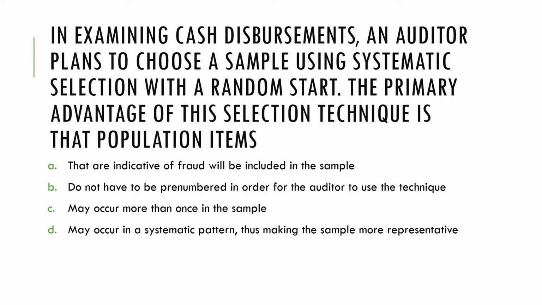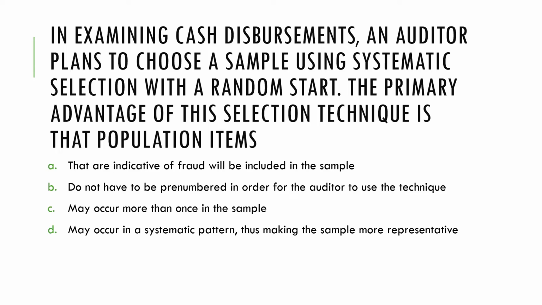In the case of systematic selection, this is where we compute a sampling interval. And then we would normally get a random start, and then every nth item becomes part of our sample size. So therefore, with this, the units do not actually have to be logically arranged. Okay. However, we have also pointed out that there are some advantages and disadvantages to this technique.